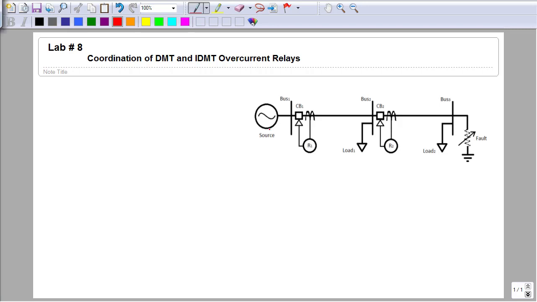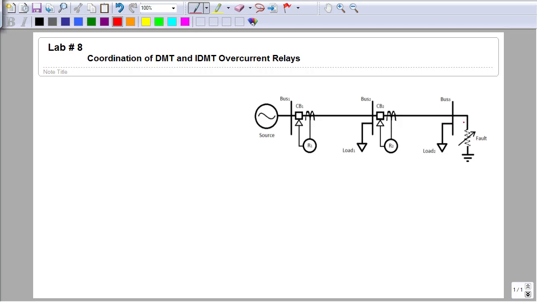In this system we can see we have a source, a circuit breaker, CT, relay, line section, load and other equipment that you can see in this diagram. For the implementation of this experiment in the lab, we will use an ideal line that has zero resistance, so that will be just connecting wires. So line 1 and line 2 both will be ideal, and we use a rheostat to generate the fault.